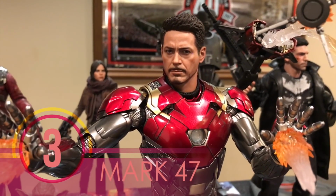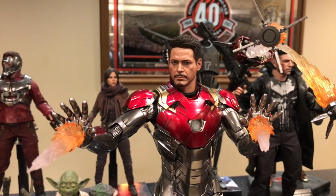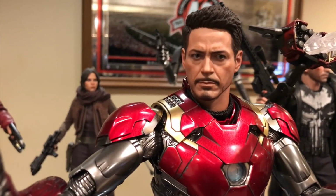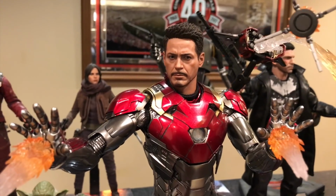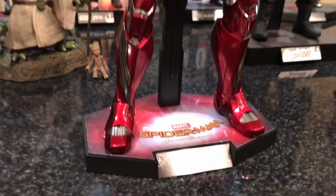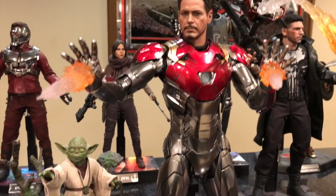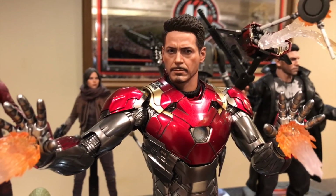Number 3, this is my 3rd favorite Hot Toys purchase of the year. If this was the Olympics, this would have won the bronze medal. This is the Mark 47 Iron Man suit, die-cast armor from Spider-Man Homecoming. I have owned a lot of different Iron Man armors in my Hot Toys collecting career. I still own the Mark 42, the Mark 1, the Mark